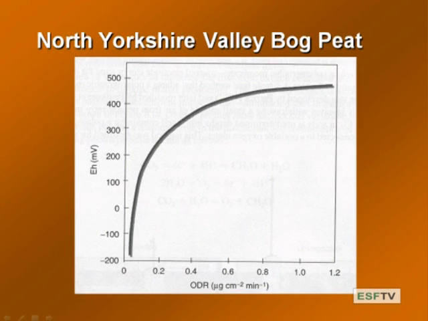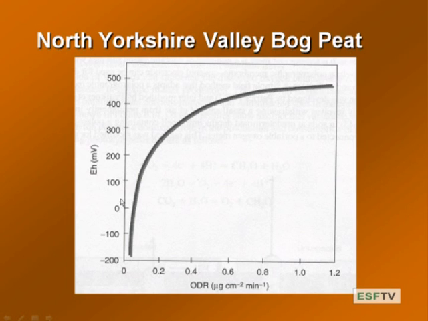Okay. Let's look at the EH for a peat bog. Okay. And let's relate that to oxygen diffusion rate. So here we have very low EH. This is millivolts. Okay, so milli, 10 to the minus 3. Okay. So 100 millivolts is how many volts? 100 over 1,000, 0.1. 300 millivolts, 0.3 volts. So whether we're in millivolts or volts, we're still thinking the same direction. These are the same magnitude of numbers. Okay? And minus 100 is minus 0.1 volts.